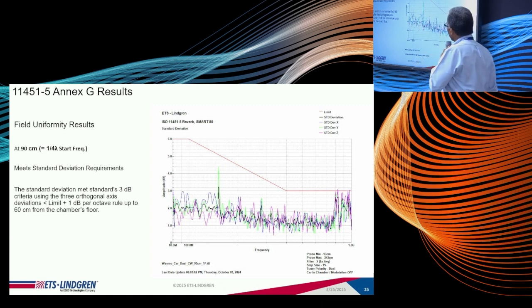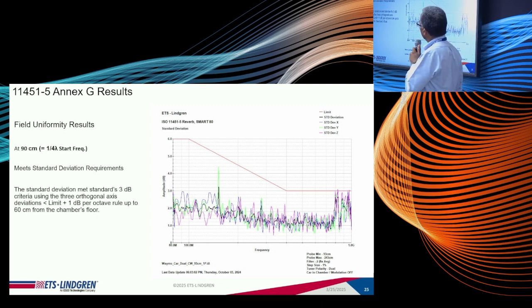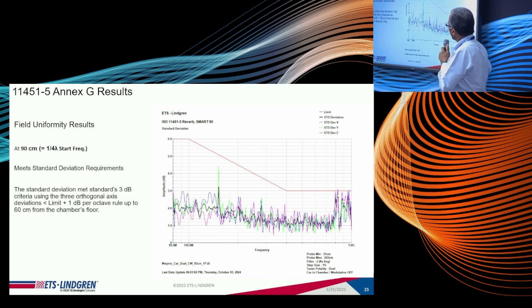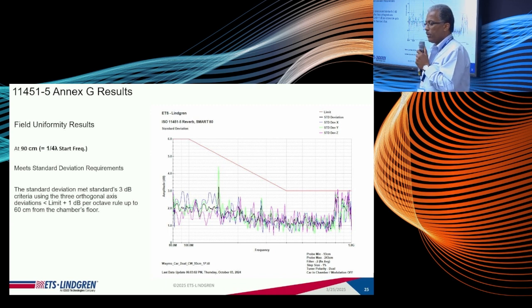Okay, so let's look at the standard deviation of the field that you would expect given the increased sampling and the use of the 8 probes in sequence. This calculation is looking at the standard deviation of the field, based on the traditional method and comparing it to the ISO method. We can see that we have fairly good field uniformity at the low frequencies. This limit is taken from the ISO standard 451-5. You're allowed to have a field variation of as much as 6 dB at that low frequency.